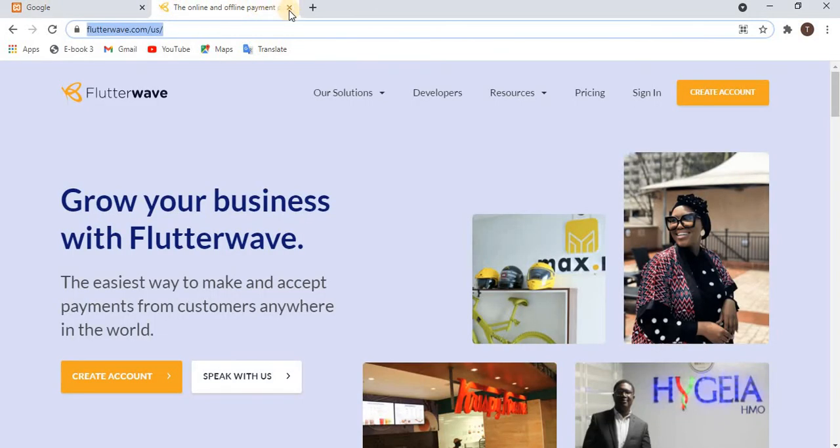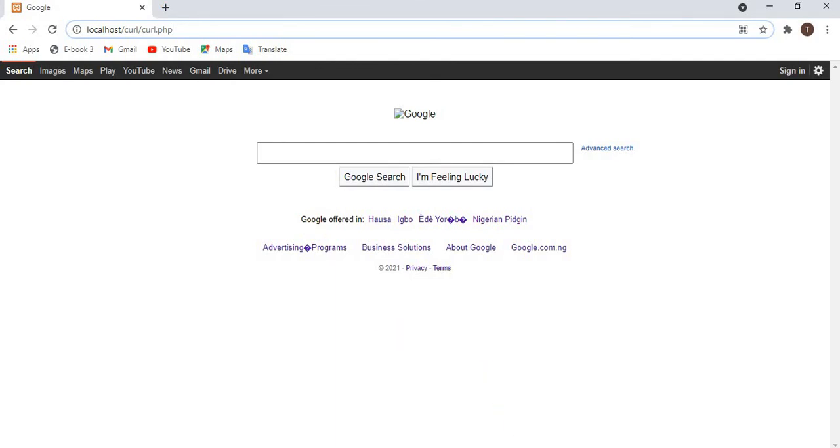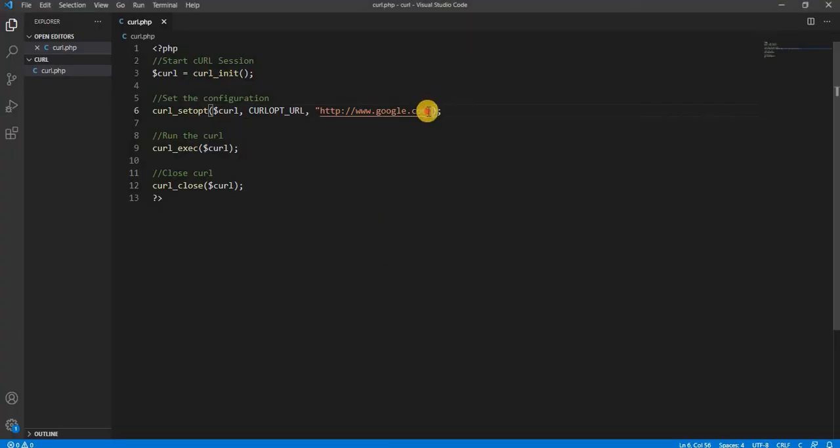So I'm going to go ahead and close this one out, and if I go to my coding environment right now, I'm going to have to paste that right here like this. So this is https://www.flutterwave.com/us, and this is the reason why I'm trying to show you this: this one has HTTPS, but the one we just removed, which is Google, didn't have HTTPS. This one is not going to load, because working with this particular URL offline without it being loaded on the secure protocol,